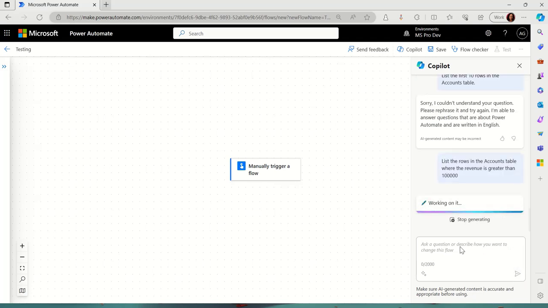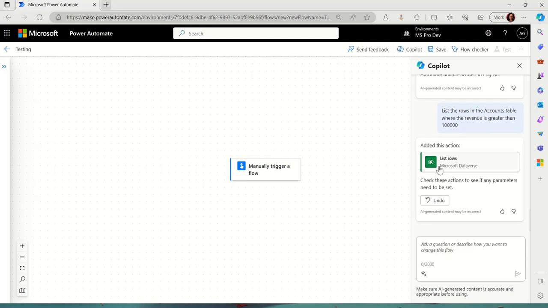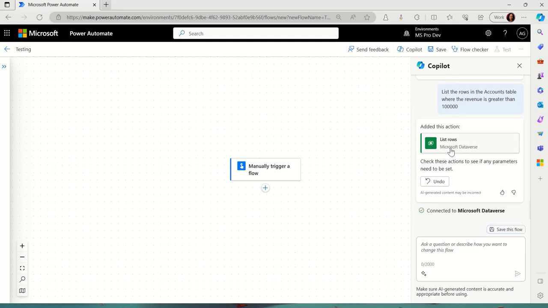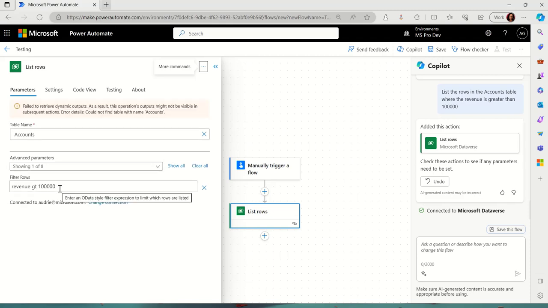It all depends whether there's any sample data in this environment. But here's the point. When we get this list rows action, which is the right action, it assumes the current environment, but it will need to know which table. Now, notice it did fill in the table, and it did fill in the proper OData query, but I noticed